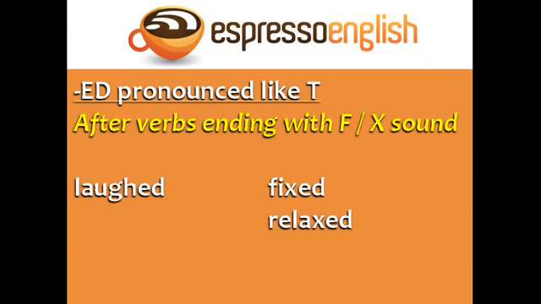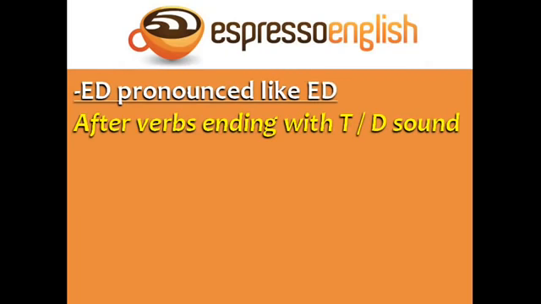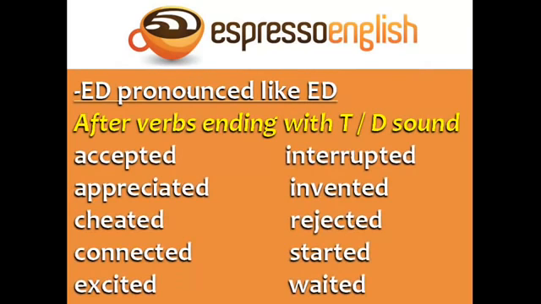Finally, ED is pronounced like T after verbs ending with an F or an X sound. Laughed, fixed, relaxed. The second pronunciation of ED is like ED with an extra syllable, after verbs ending with a T or D sound. Accepted,